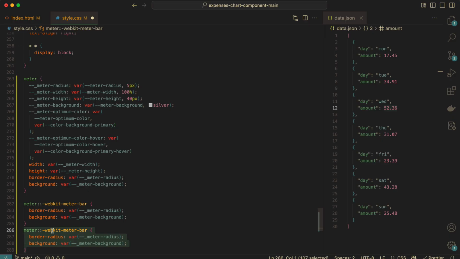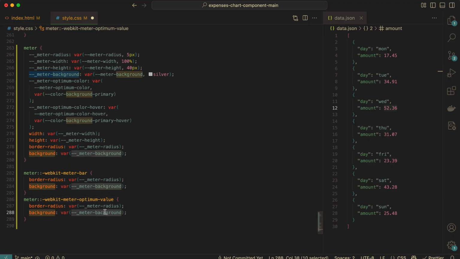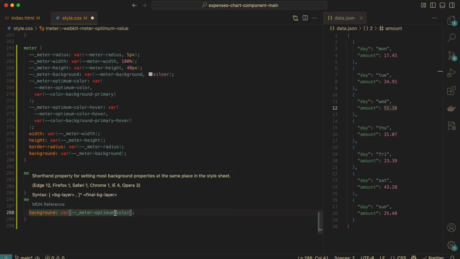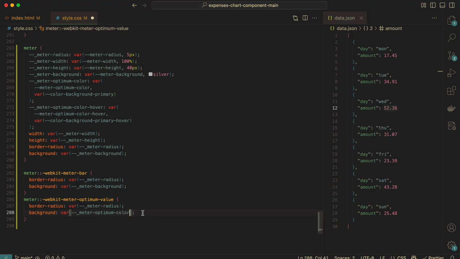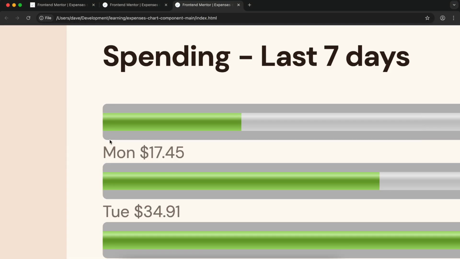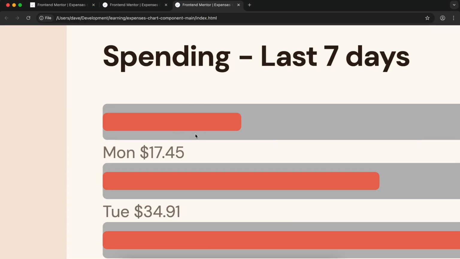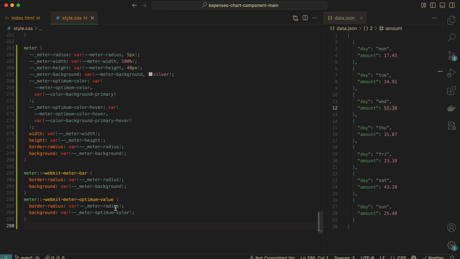This time, instead of WebKit meter bar, we go WebKit meter optimum value. And right here, instead of background, we can go optimum color. Optimum value, optimum color. I probably should have named it better, but there we go, okay? Now, if we go and look at this, things are kind of taking shape, but this really only works in Chrome and Safari, okay? We want it to work in Mozilla as well, so we need to go one more time,